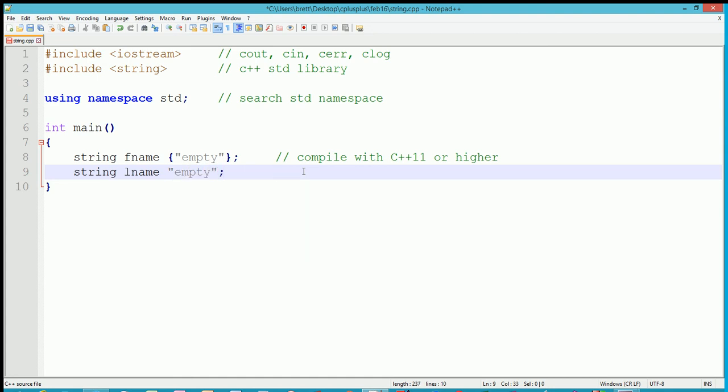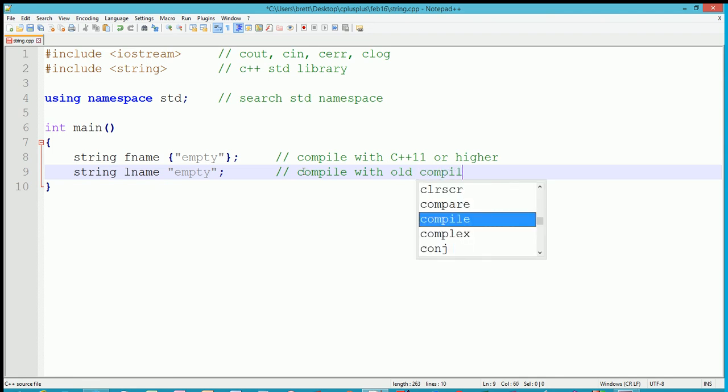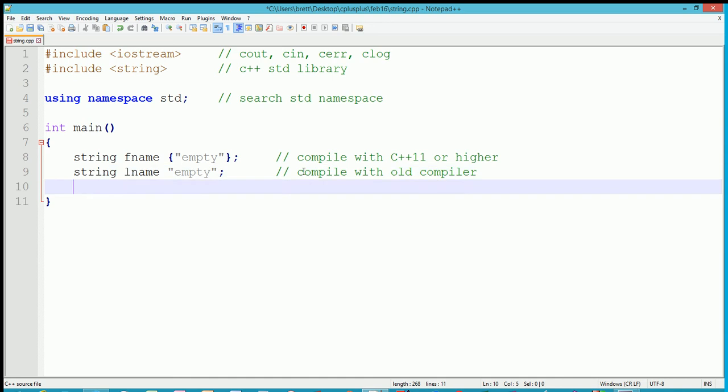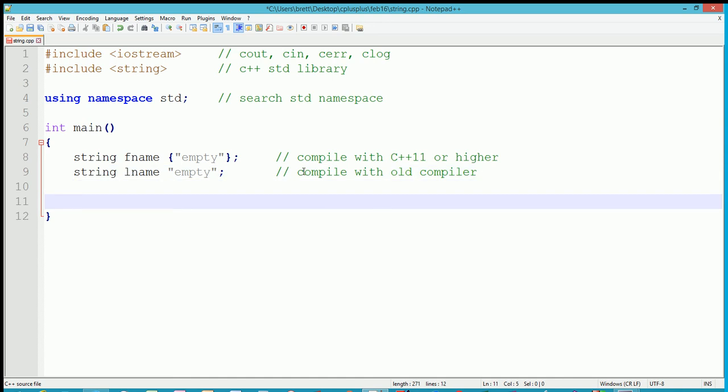And why didn't I use the curly braces? Well, not everybody has C++ 11, let's say. So if you have a compiler that's older than C++ 11, then you can use this method for initializing your string. Okay. All right, so that allows us to set up our two variables that are both strings, and a string